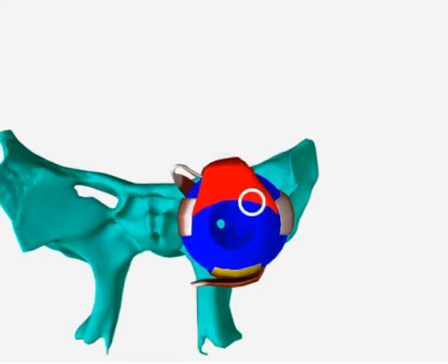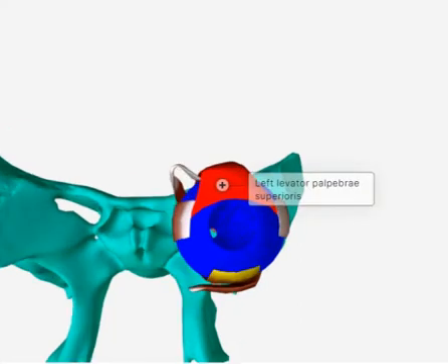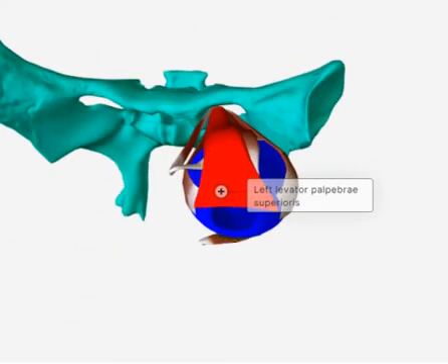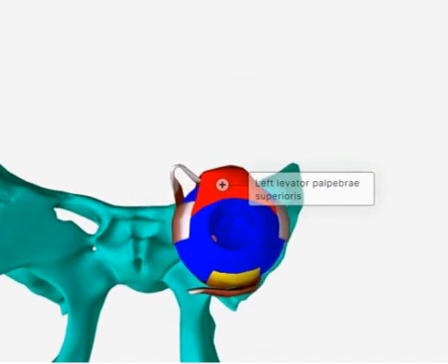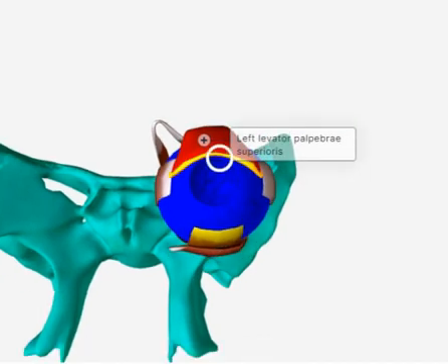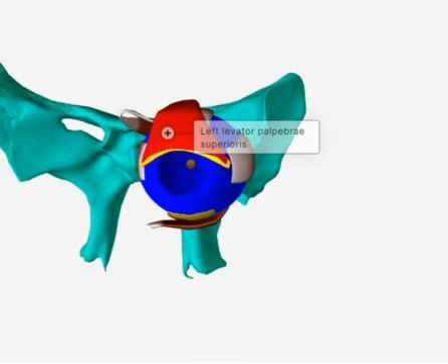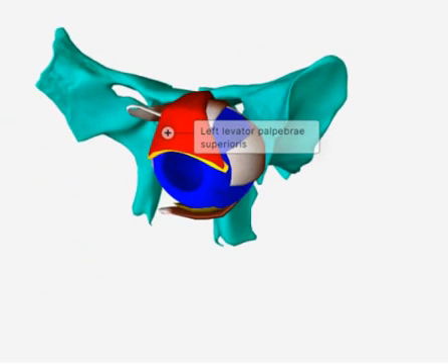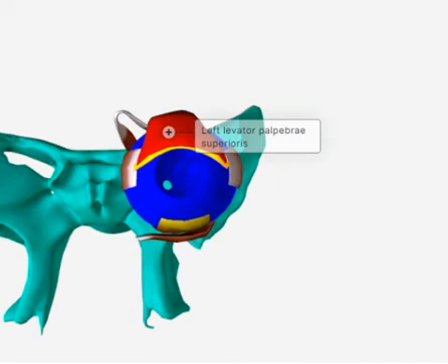You can see over here in this red color, this is the levator palpebrae superioris, and it has its attachment from the apex of the orbit, from the lesser wing of the sphenoid bone anterior to the optic canal, and it will have its attachment over here on the superior tarsal plate,